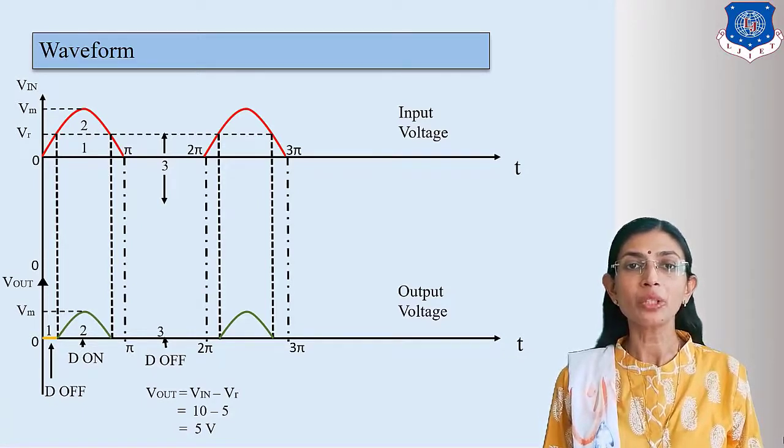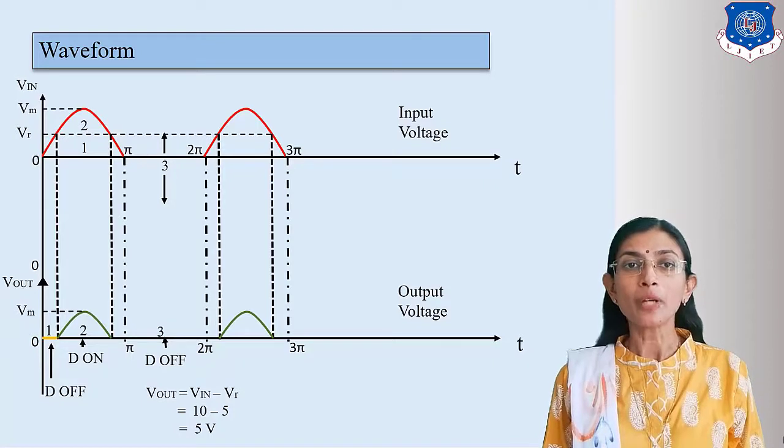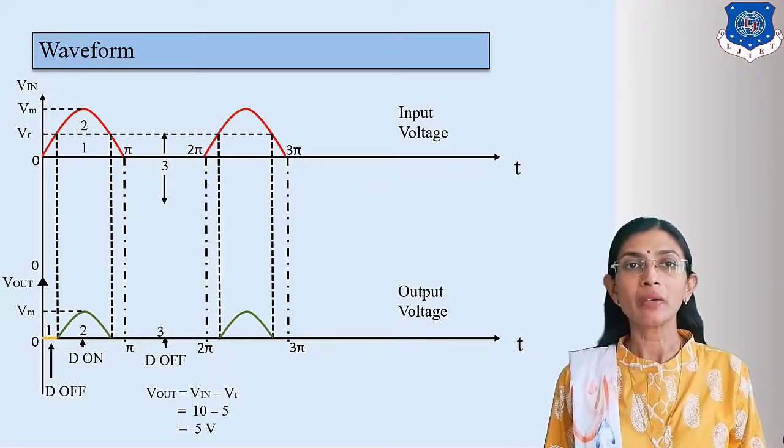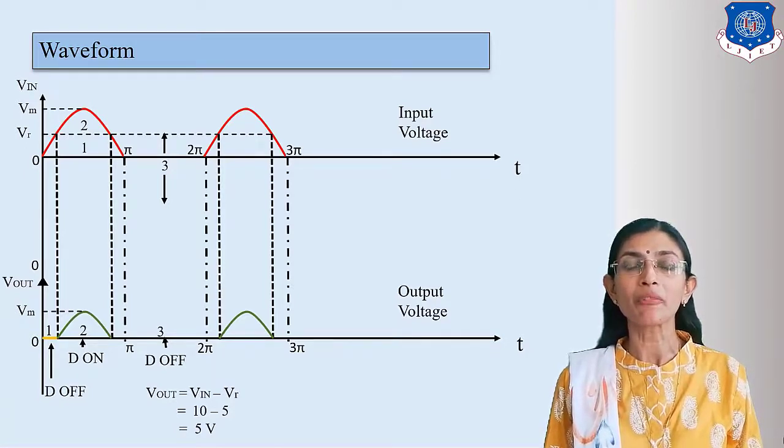This can be explained by the equation. Look at this, this is the equation. If the input is 10 volt and the reference voltage is 5, then V out equals 10 minus 5, which is equal to 5 volt. So the maximum voltage of the output waveform, the peak Vm or Vp, is equal to 5 volt as per the example after applying KVL. Again, during the negative half cycle or below the reference, the diode is off and open, so the output is 0. And finally, the output becomes 0 for the negative half cycle.